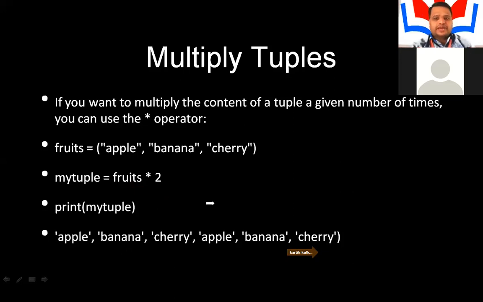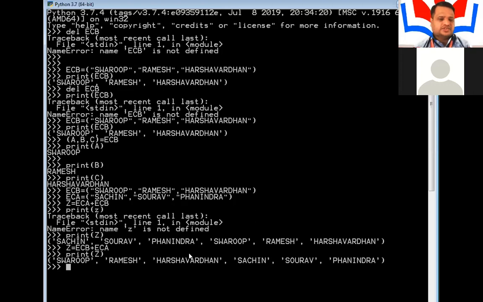Now we will look at it practically so that you get a clear idea. Already we have created the ECB and ECA sections, and we have assigned that value to Z also. Now I will take y equal to Z asterisk 2.